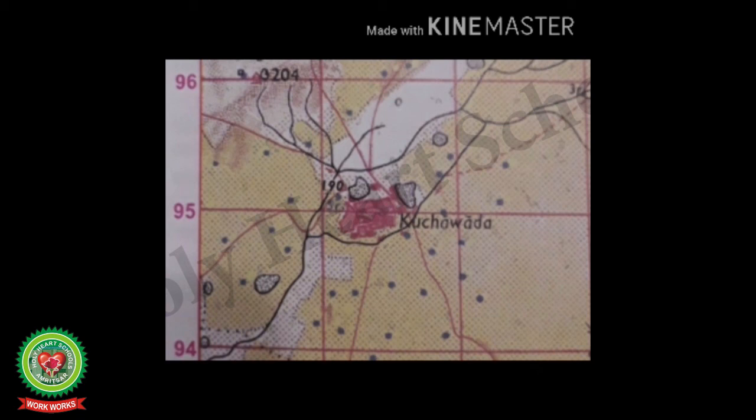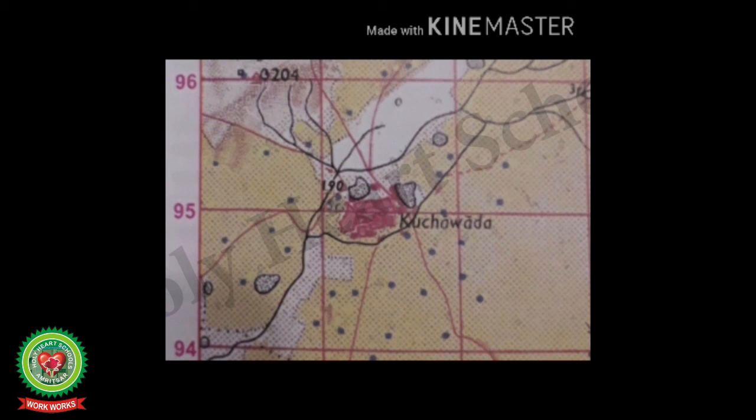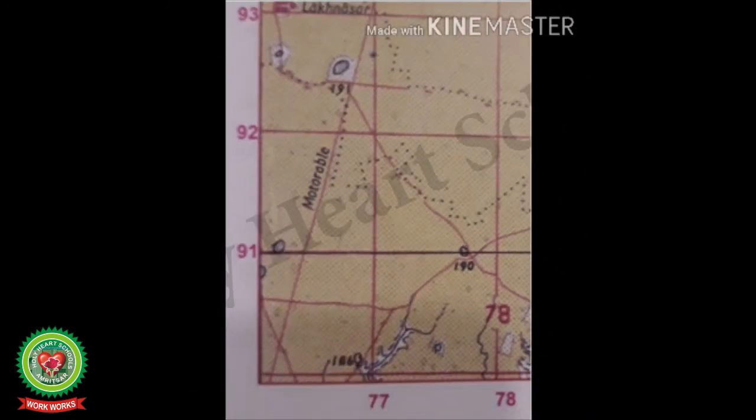Last point is transport and communication. Except the following roads, all the villages of this region are connected by car track. Students, the means of transport always depend on the type of relief and drainage. For example, on very high altitudes and mountainous areas, there are only roads and no railway tracks as these are difficult to build at such heights. On the map, the roads are shown by means of symbols: car tracks, pack tracks, metal roads, unmetal roads, and footpath with a bridge.